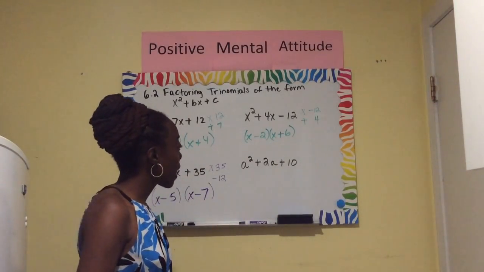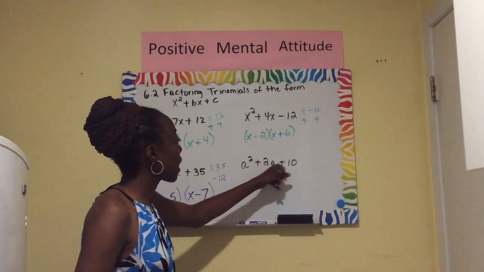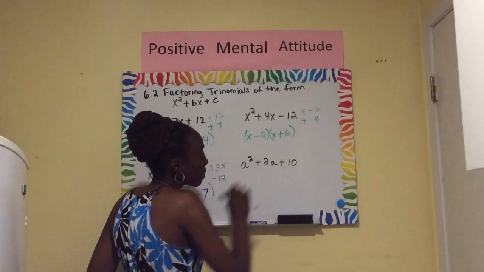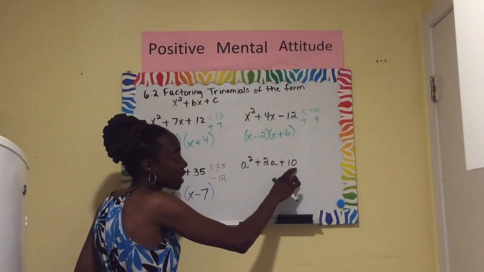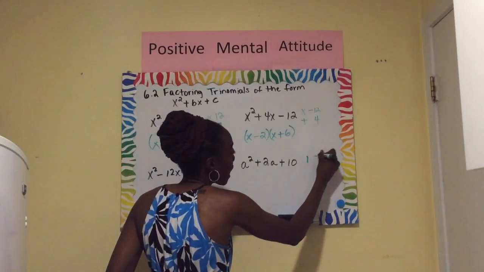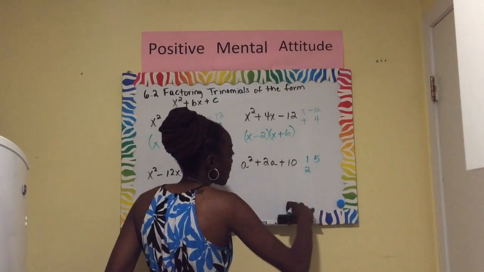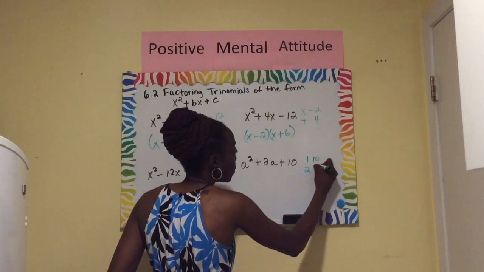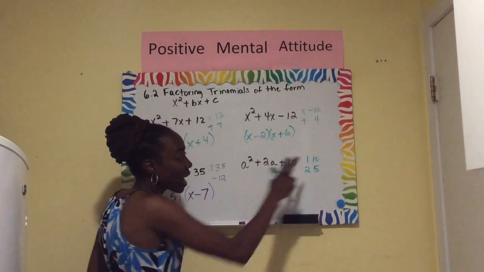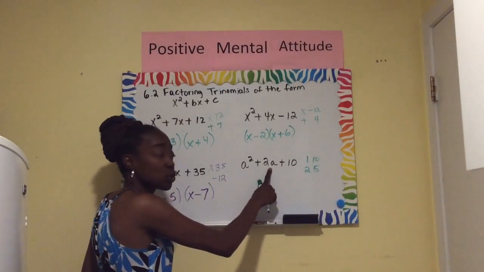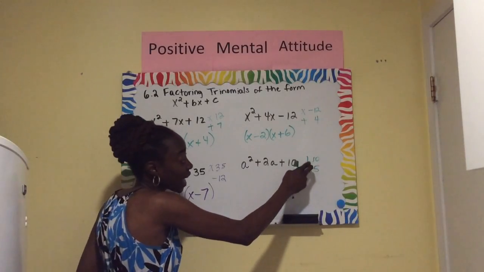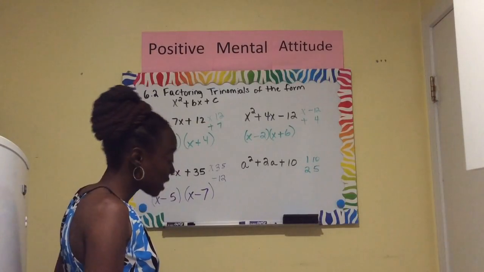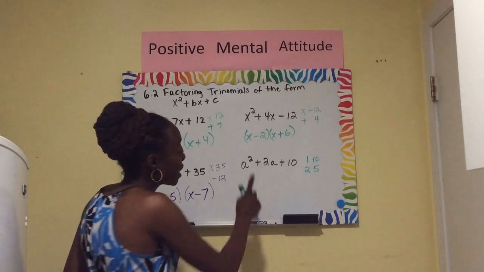The next example we have is a squared plus 2a plus 10. If you think about it to yourself, you're saying, what are the factors of 10? The way I can get 10 is 1 times 10, and 2 times 5. But when I combine them, none of them will give me a 2 in the center. So when I look at it and see that I cannot get that 2 in the center,